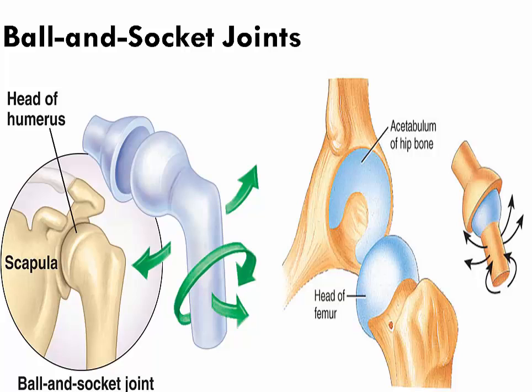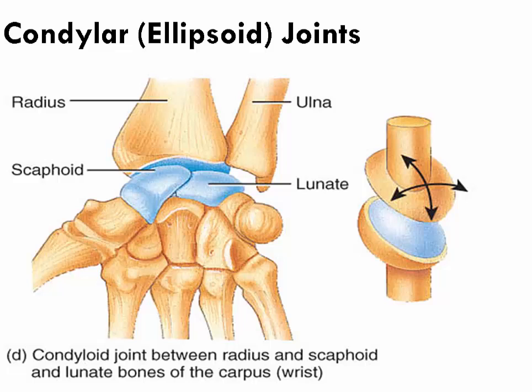In a ball and socket joint, one bone contains a smooth, round head, such as the head of the femur or humerus, that connects into the socket of the articulating bone: the glenoid cavity of the scapula, or the acetabulum of the hip bone. Condylar joints contain a condyle, a curved process that fits into a fossa found on the